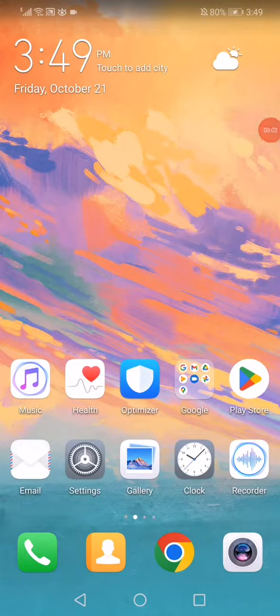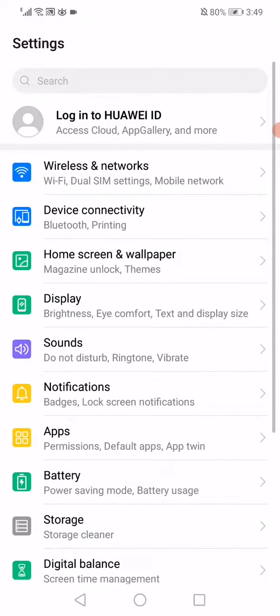How to fix Instagram story glitch easy and fast in less than 1 minute. So all you have to do, guys, to fix this problem, go to the settings on your phone and